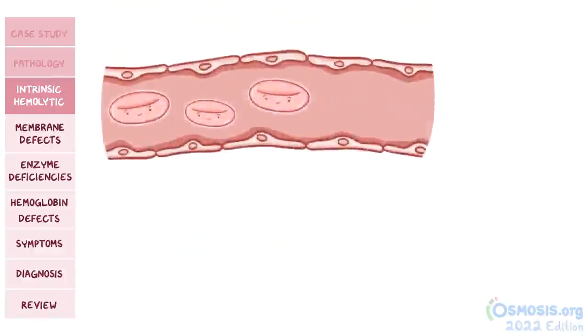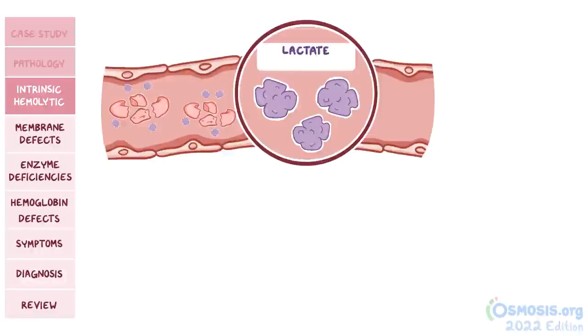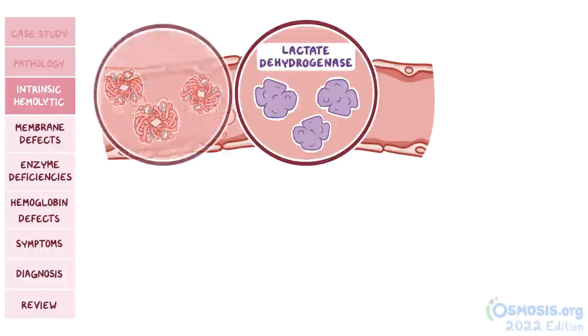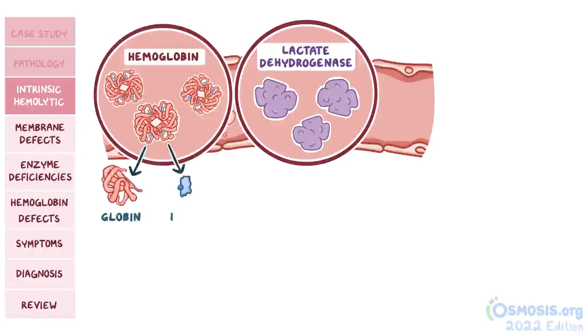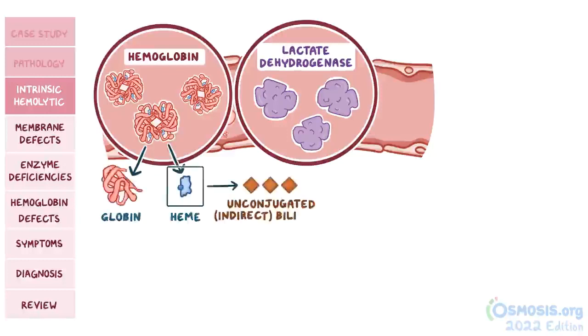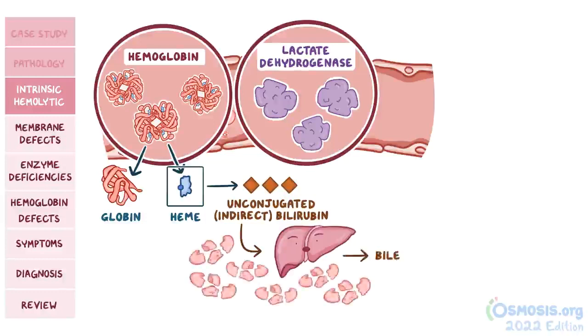Alright, now whenever there's RBC lysis, an intracellular enzyme called lactate dehydrogenase, or LDH, spills out directly into the plasma and builds up in the blood. Hemoglobin also spills out of the cell and breaks up into globin and heme. Heme is converted into unconjugated or indirect bilirubin, which is then taken up by the liver cells and eventually secreted out with bile. If, all of a sudden, your body starts breaking down more RBCs than the liver cells can handle,